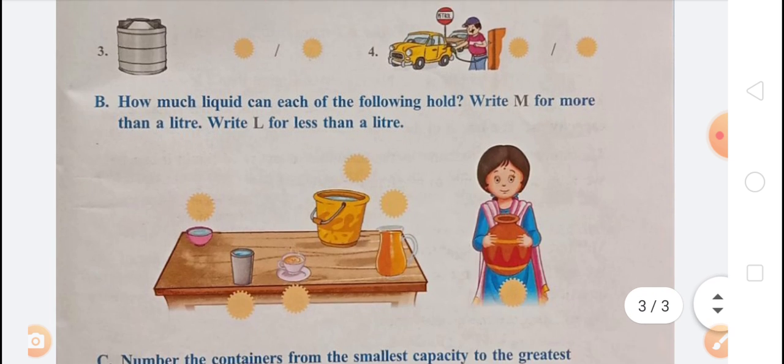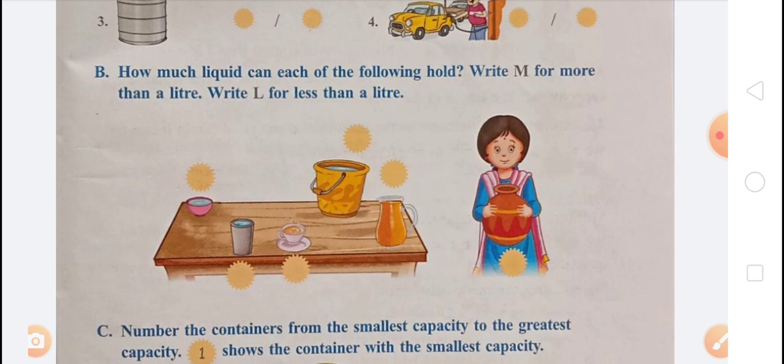Next one is question number B. How much liquid can each of the following hold? Write M for more than a liter and L for less than a liter. So let's start. Bowl holds less than a liter, so we have to write L for bowl. And the next one is glass, it can hold less than a liter, so we have to write L. In cup, it can also hold liquid in less than a liter, so we have to write L